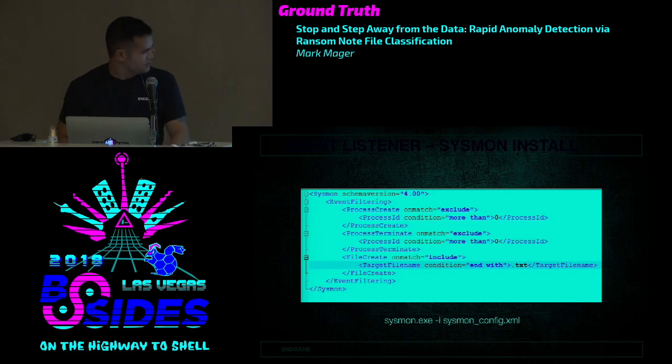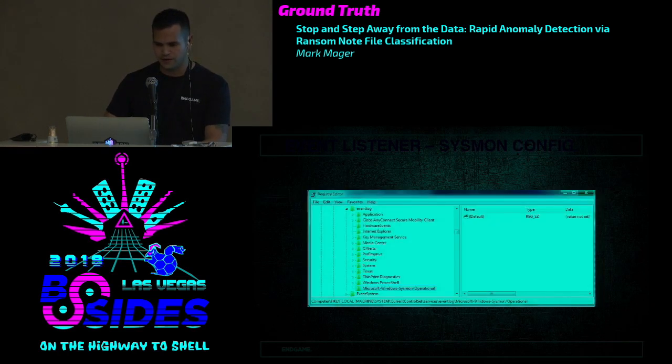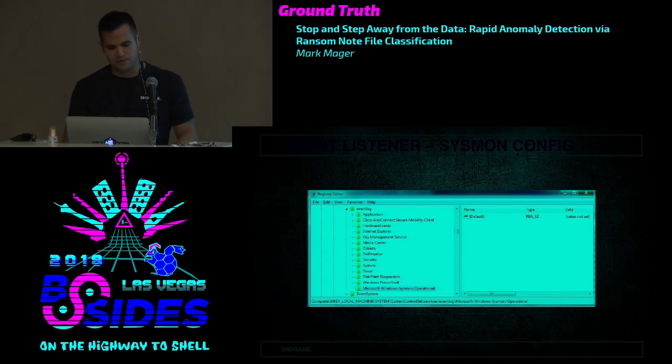That's the simple command you need to run to get Sysmon configured to work with this framework. And then also to query the logs via WMI, you need to specifically add a registry key to allow event log querying.